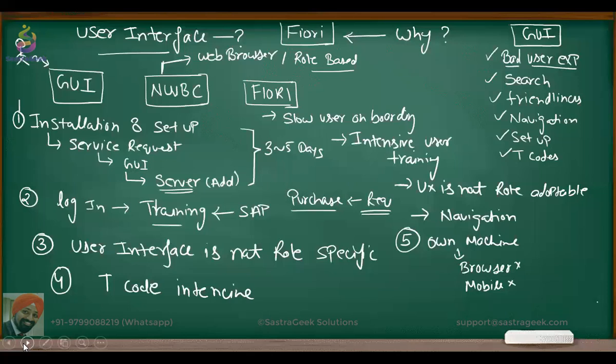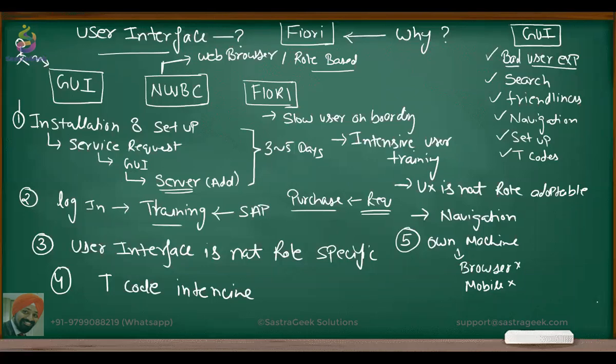We discussed that we have multiple interfaces available. We have a GUI and WBC, Fiori. So those are the interfaces which are available. Then we discussed what the shortcomings are in the current existing GUI interface, why we require a Fiori system, and why we require a new interface. So we tried to understand the problems related to